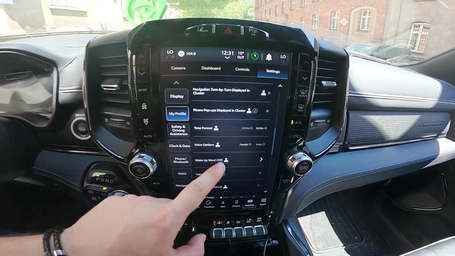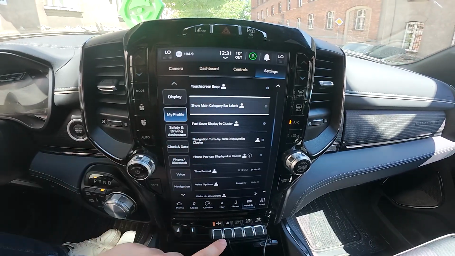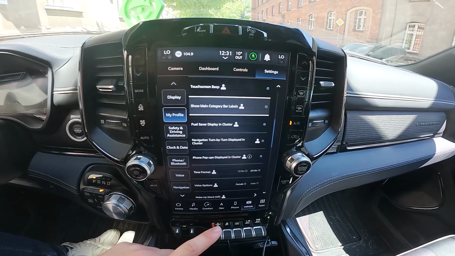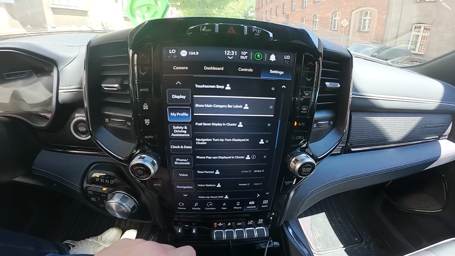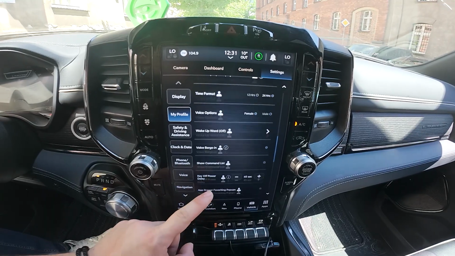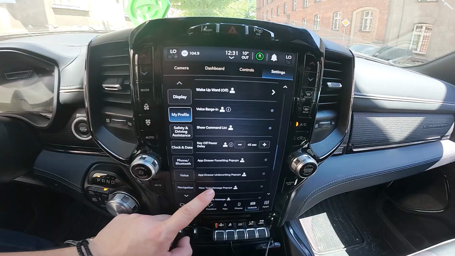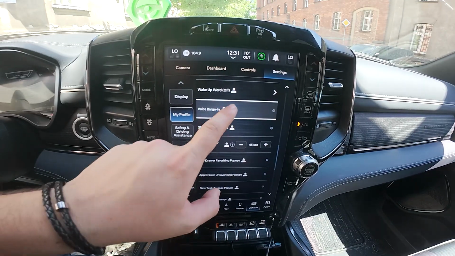you can enable or disable touchscreen beep, show main category labels, fuel saver, display in cluster, navigation turn-by-turn displayed in cluster, phone pop-ups displayed in cluster. You can change time format, change voice options, enable or disable wake up word, enable voice bargain